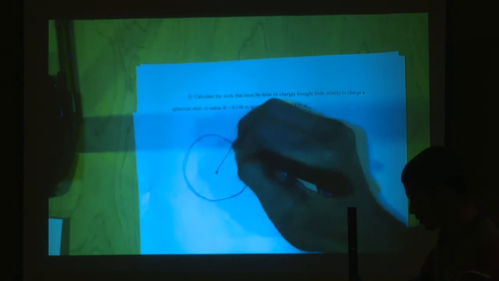Calculate the work that must be done on charges brought from an infinite distance away to a spherical shell of radius r up to a total charge of q. Okay, so let's draw what's going on. We have the spherical shell, its radius r. Now here's infinity away. So we're going to take a charge